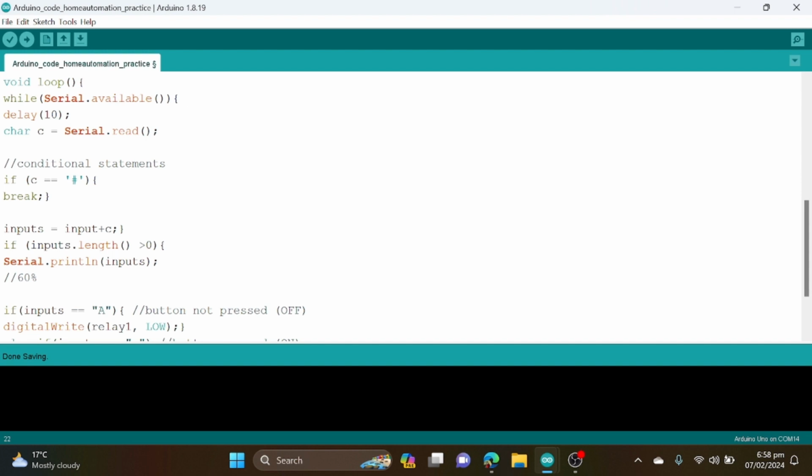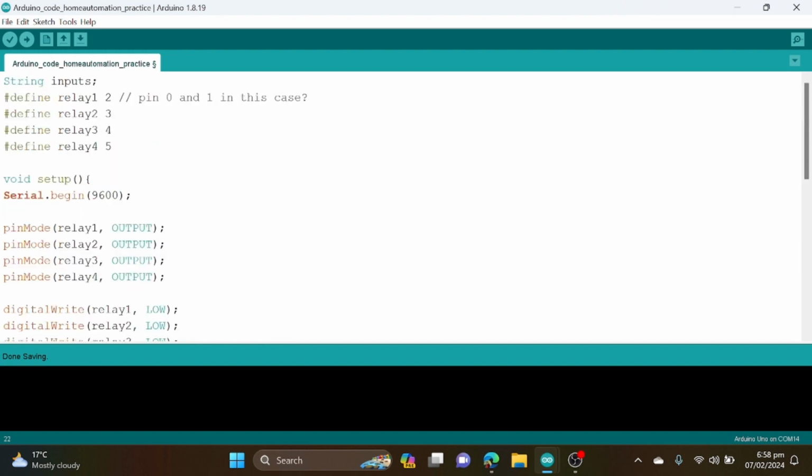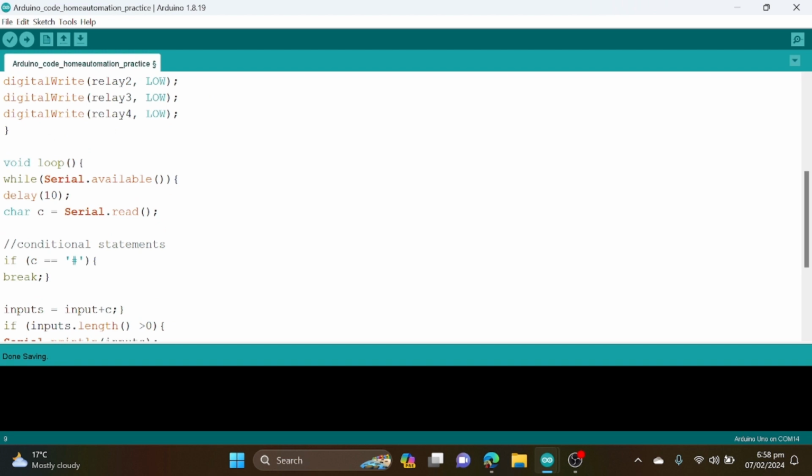Serial.available on the serial monitor. Remember, we started our serial monitor up here. Now we have connected our Bluetooth module HC05, and we are using an app on our Android phone particularly. This mobile phone application is connected to the HC05, and the phone is continuously sending data to our